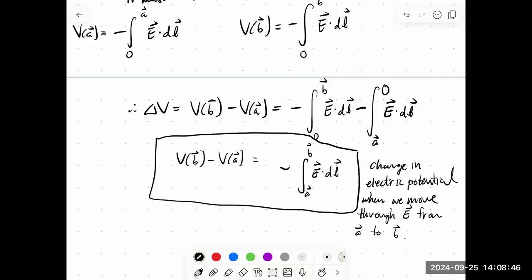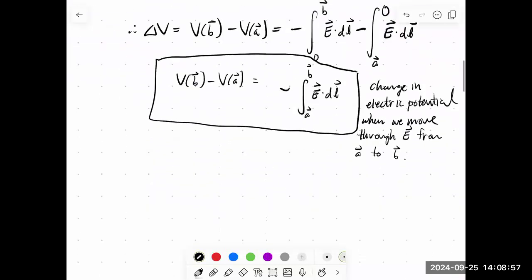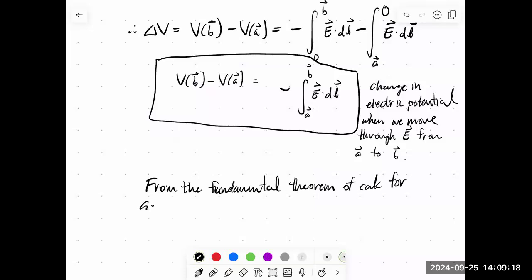Okay, but we could take this a little bit further. We could say, if we wanted to, we could write this difference in V in another way. So from the fundamental theorem of calculus for gradients, we know that